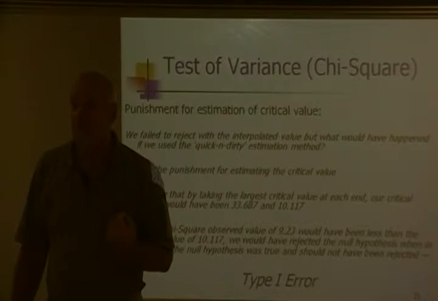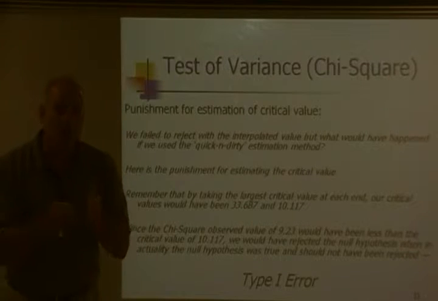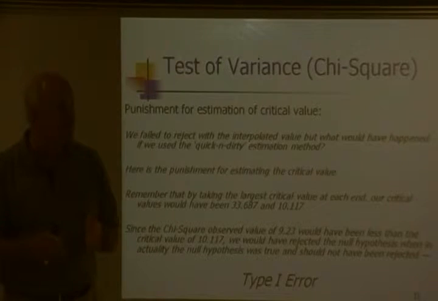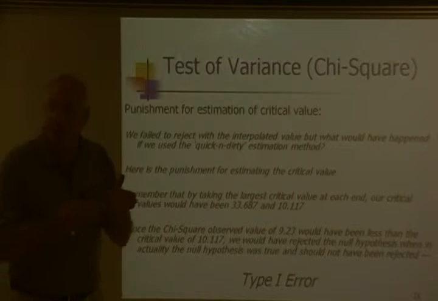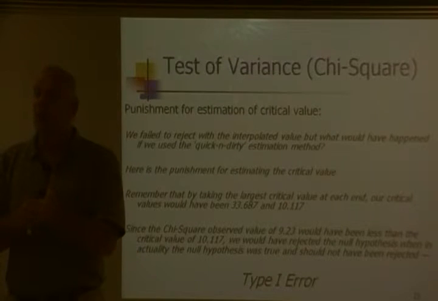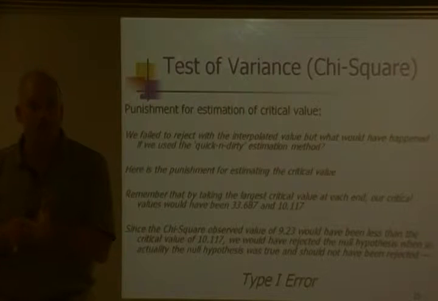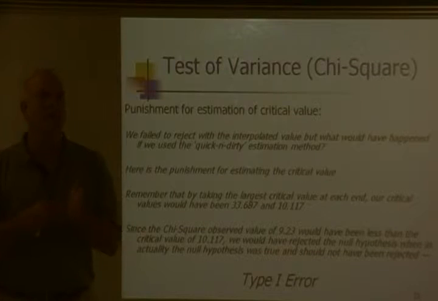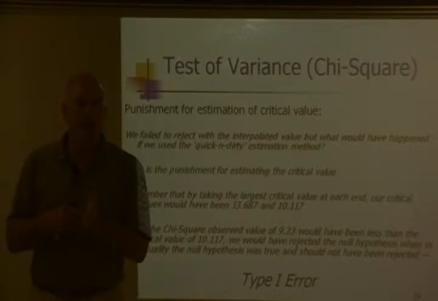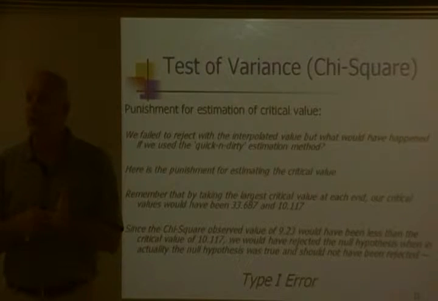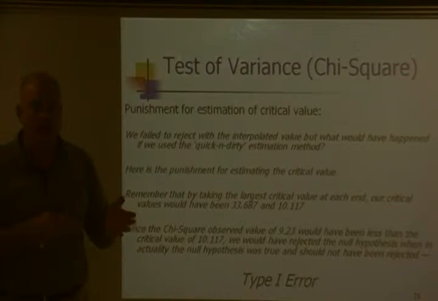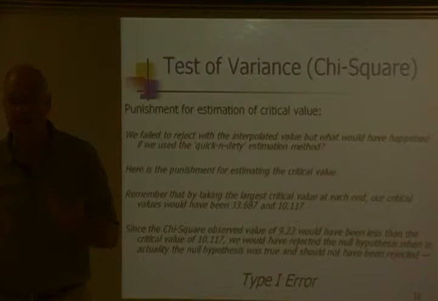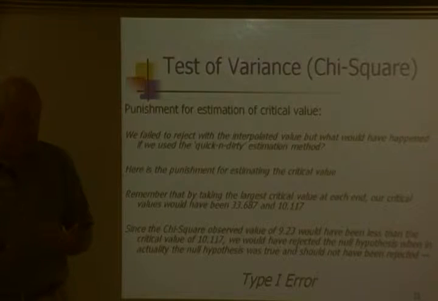Type 1 error. Because we chose the larger of the two critical values instead of the interpolated, more accurate value, we would have falsely rejected a null hypothesis that was true. And it could possibly cost Bruce Engineering a lot of money, because by using the quick and dirty method, it would have said you have too much variability, and they would have made unnecessary modifications to their production line